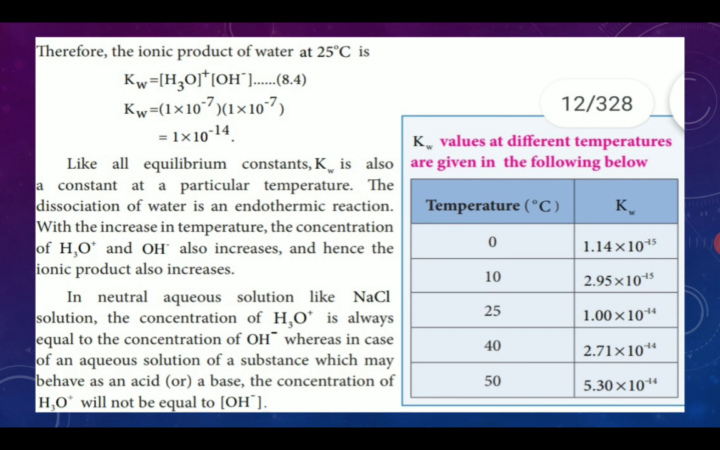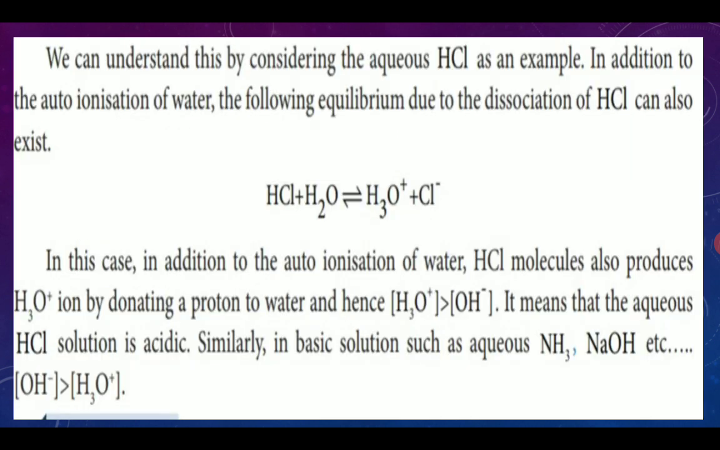With increase in temperature, the concentration of H3O plus and OH minus increases and hence the ionic product also increases. So, in the tabular column, they have given the temperature and the ionic product. At 0 degrees Celsius, the ionic product is 1.4 into 10 power minus 15. Similarly, different values of the ionic product are given in the tabular column. So from this we can understand,